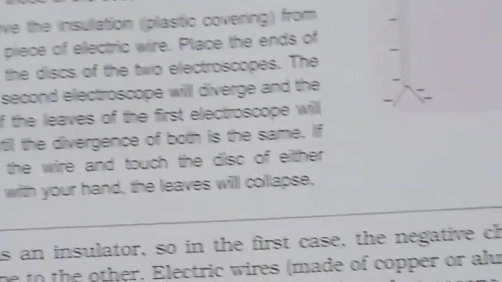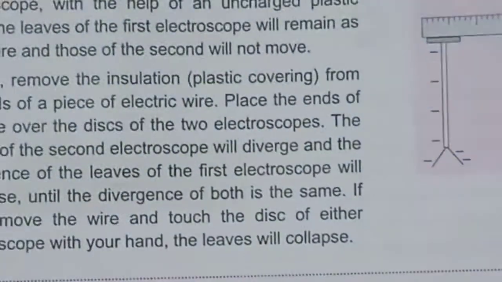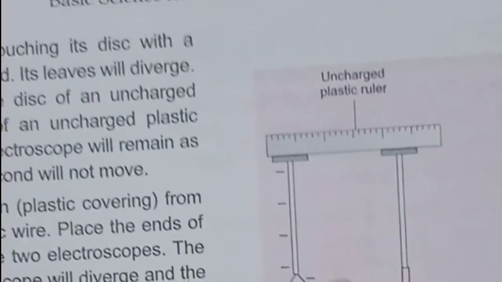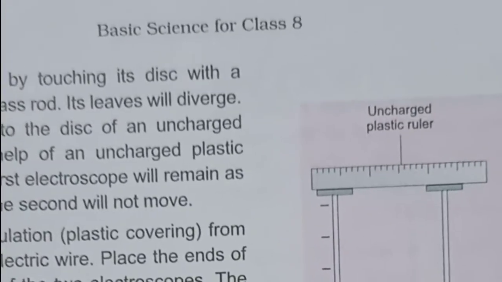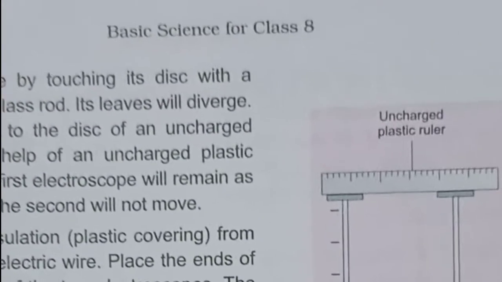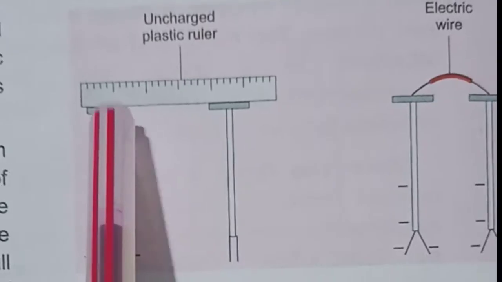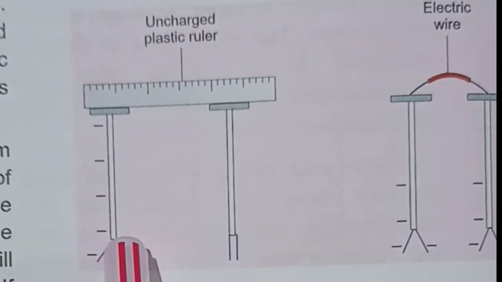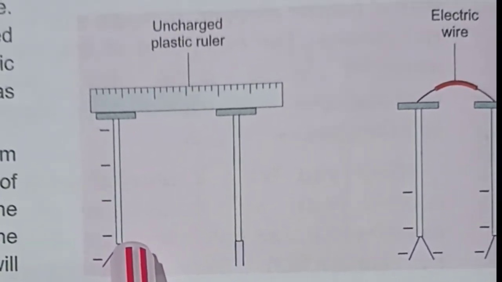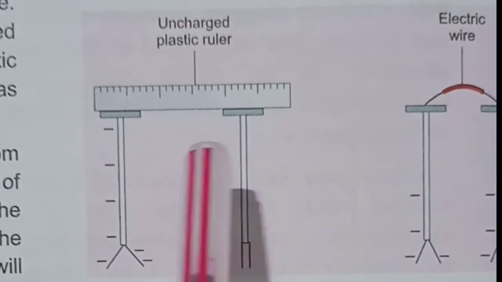Now this page, again we are told to do an activity. Lots of activities are there in our book. Charge an electroscope by touching a disc with a charged plastic or a glass rod. See here in this diagram, I will explain. We will take a gold leaf electroscope. We will take a plastic or a glass rod which we have rubbed,